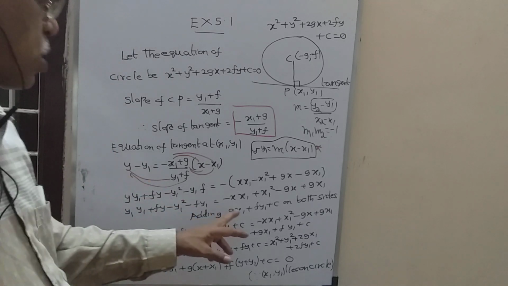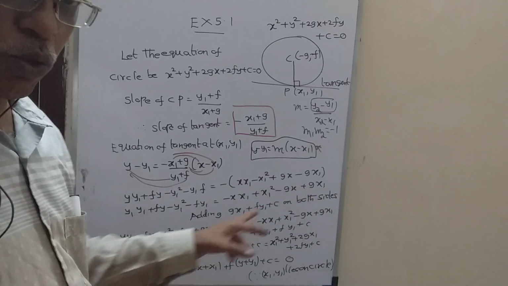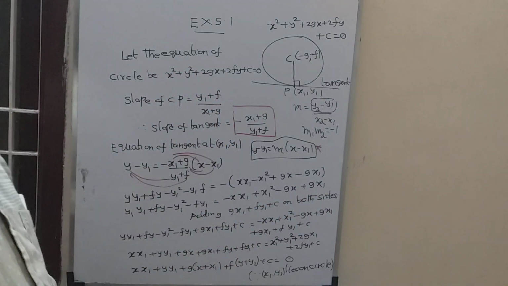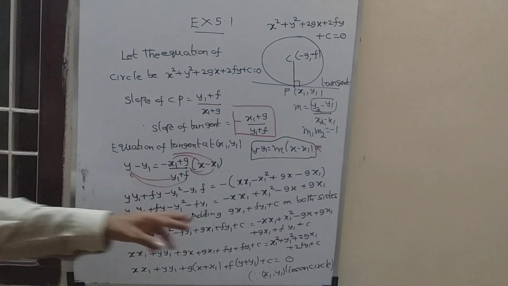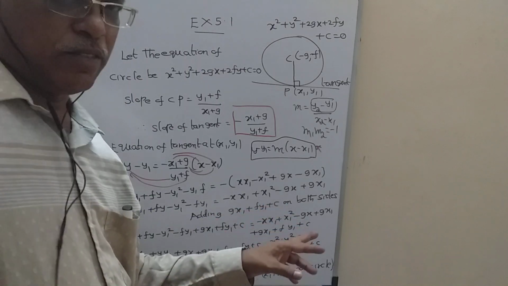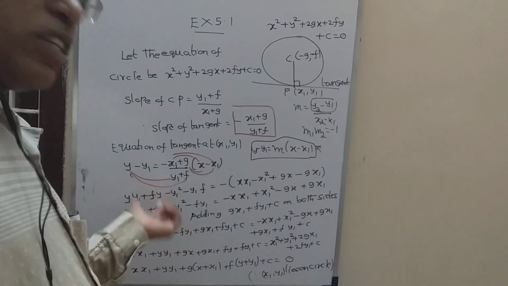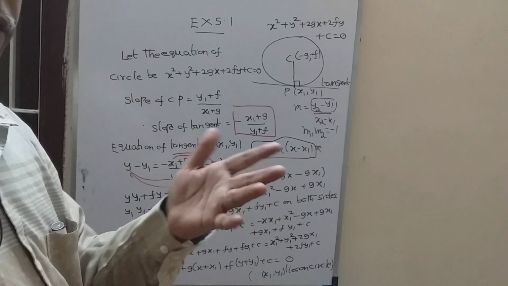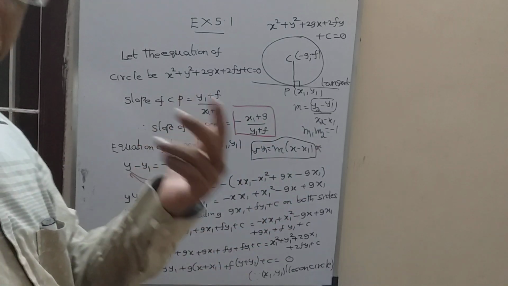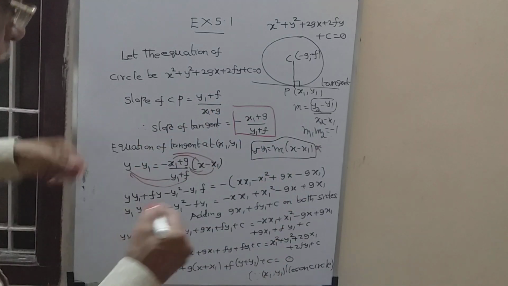If you add gx1 plus fy1 plus c on both sides, you will get the required formula. Listen carefully, student. We can add a constant, some value, to both sides, this side and that side, no problem. The equation will not change. Okay, even an inequality will not change. So I am adding this term